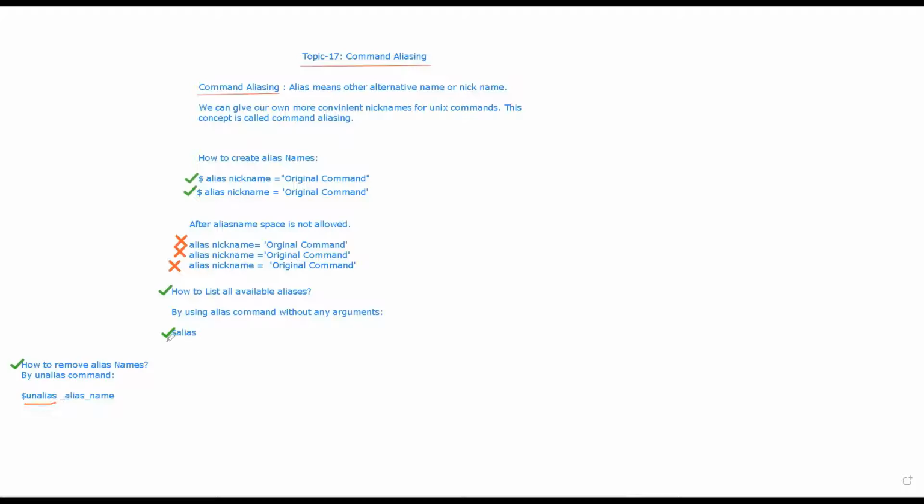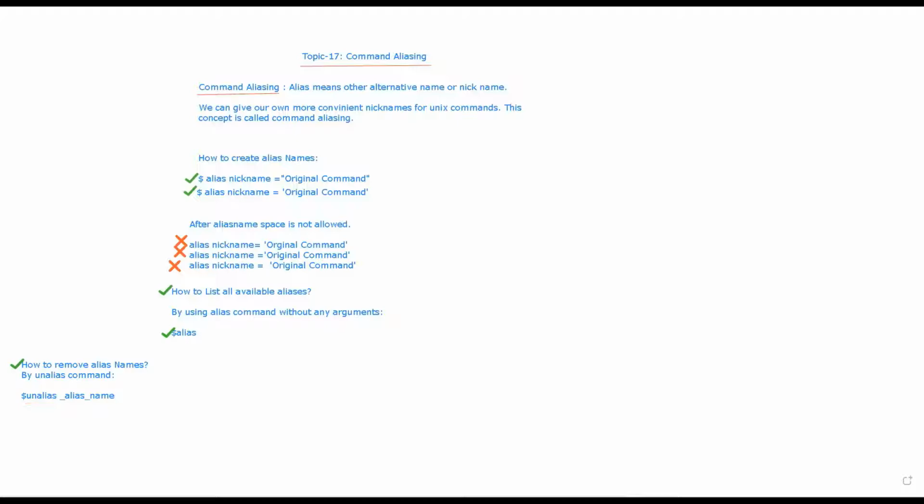So alias we saw in order to list the available aliases. The unalias is used to remove the alias. Means what? The alias name, whatever alias name I am saying here, if you want to unalias, means its linkage to the original command, if you want to delink, you can do that by using the unalias command, right?